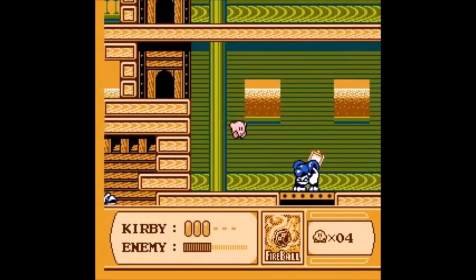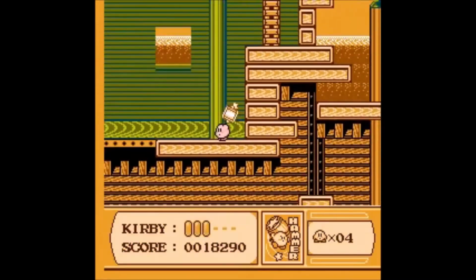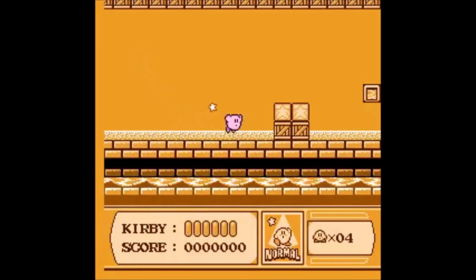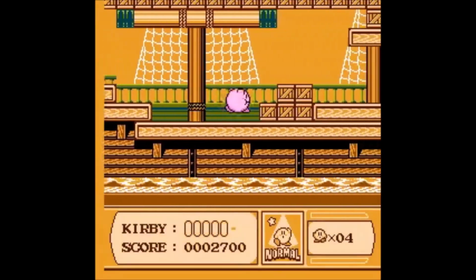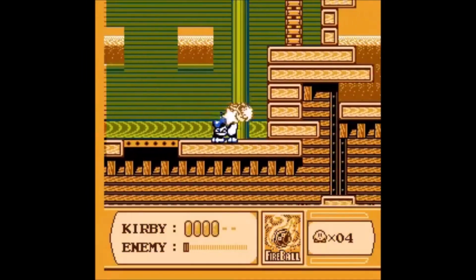You can beat 6-2 very easily, doesn't matter. But there's a big switch in that level, but we're going to take care of it later. For now, let's just go to 6-3, get Fireball in the first room, beat these bunkers, keep Fireball, use Fireball